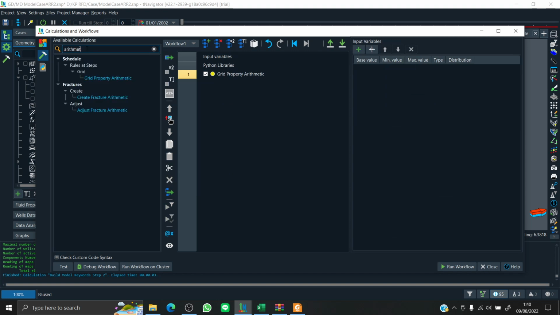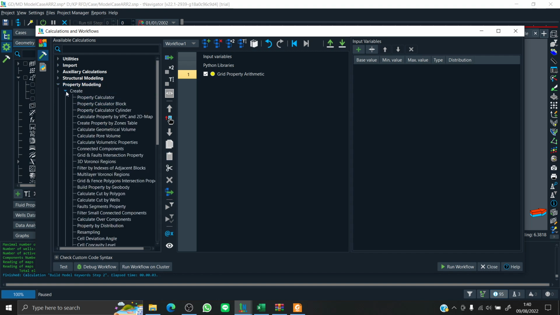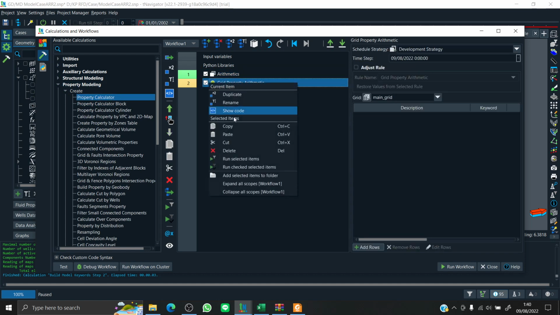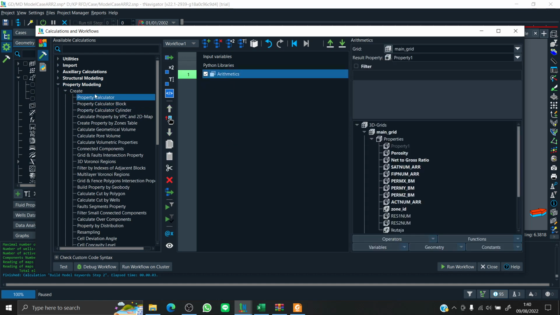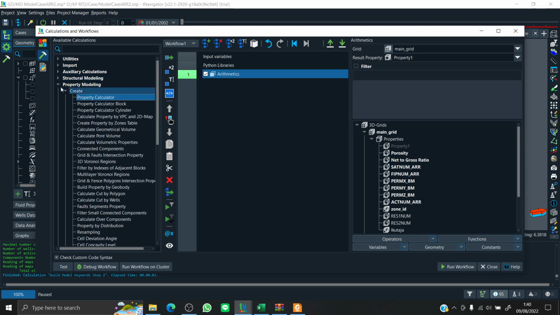Arithmetics. Okay. Wait a second. Property modeling. Okay. Sorry, this is the wrong workflow. Okay. So for the property modeling, you just select it from the property modeling section and then create, and then